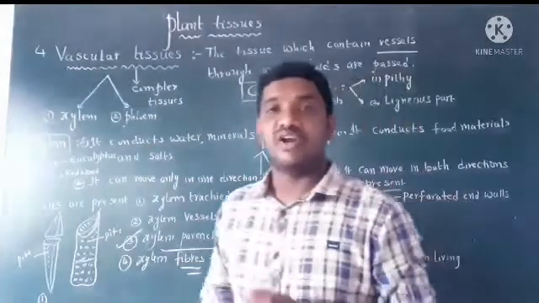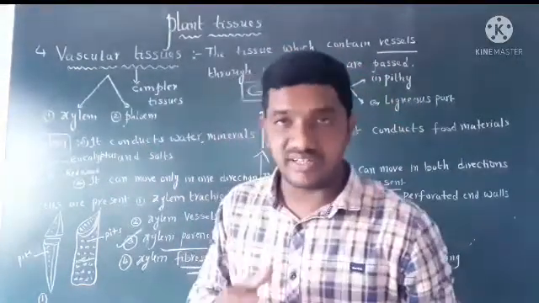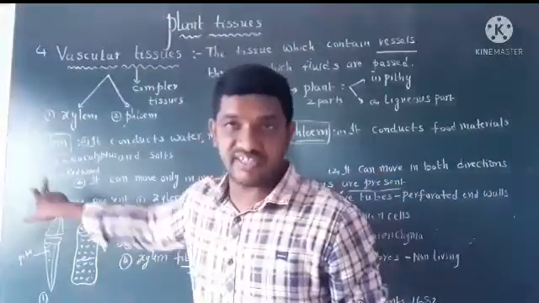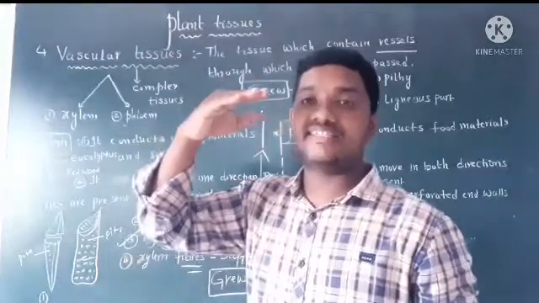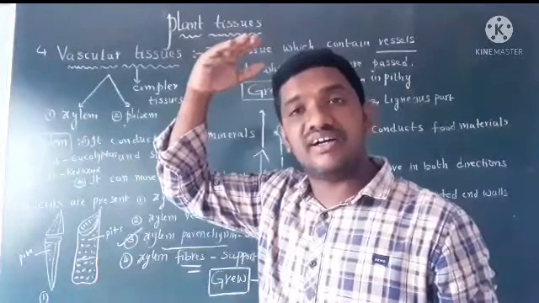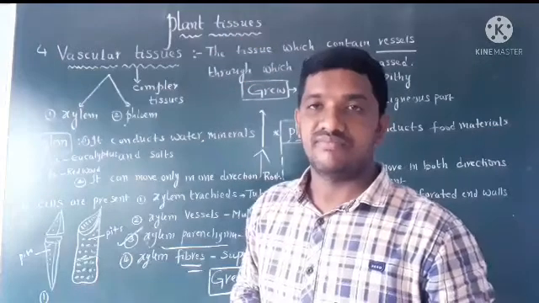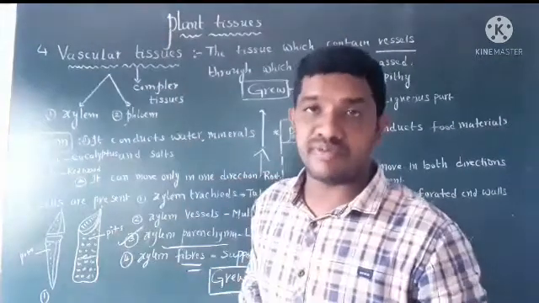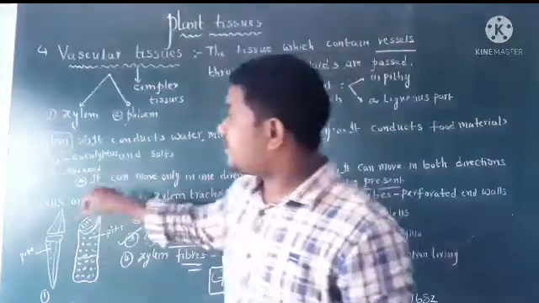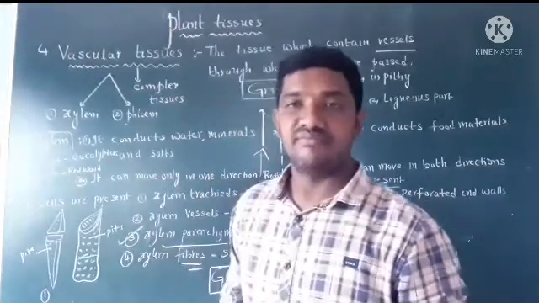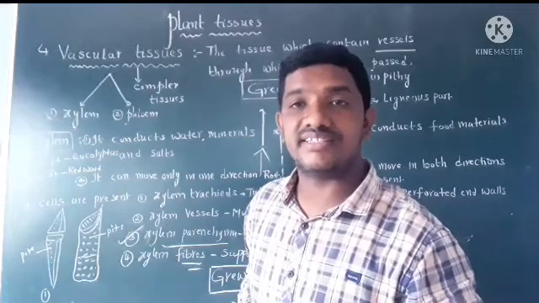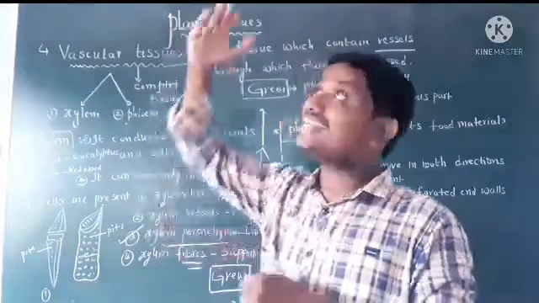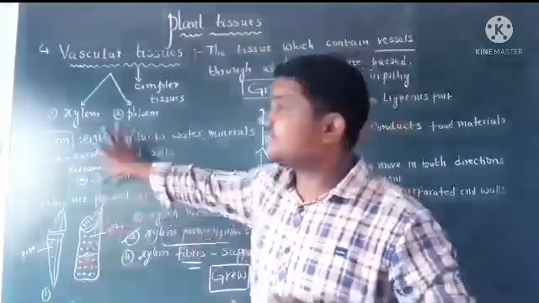Do you know tall trees like redwood trees? Redwood trees have a height of nearly 330 feet. Water is carried up to 330 feet, the height of the plant. Water reaches great heights. Keep it in your mind. Okay. And eucalyptus trees. A eucalyptus tree has nearly 200 feet. The water is carried up to 200 feet because of xylem tissues.